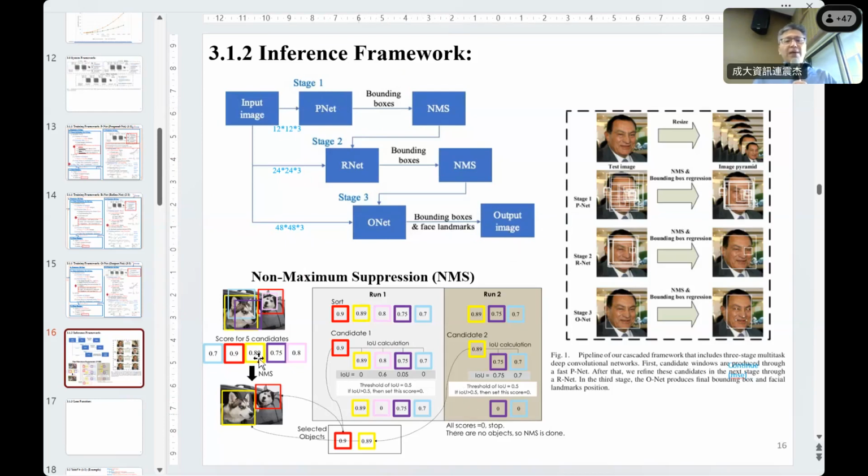Here they use non-maximal suppression for post process, but this non-maximal suppression they developed by their own method. 他们自己发明的另外一个 non-maximal suppression 的方法。And then in the paper, they don't explain it like this. 像我学生他这个没讲。